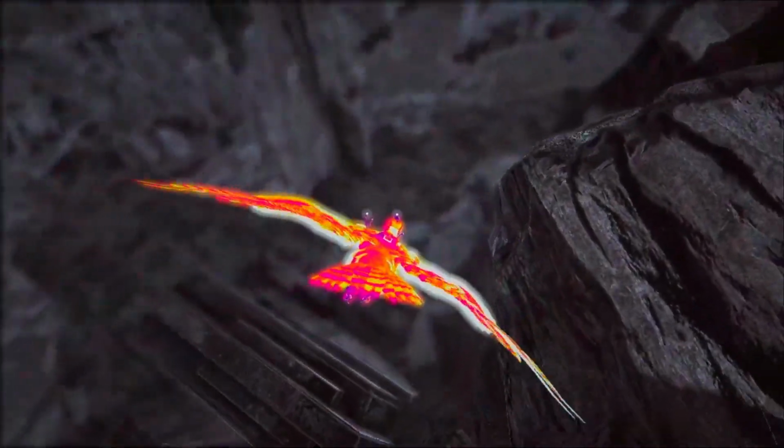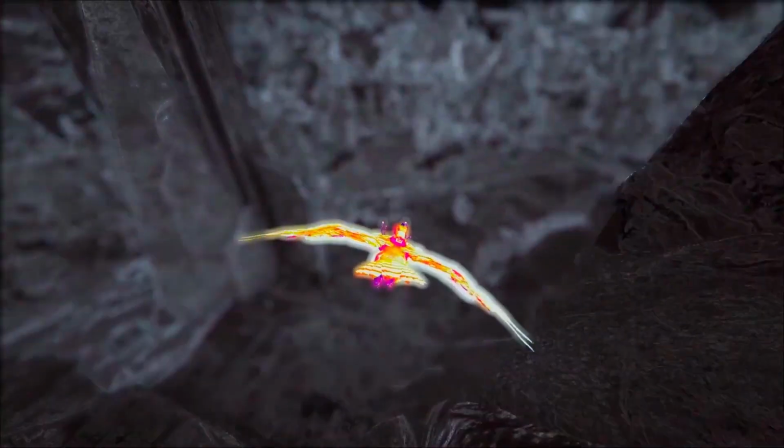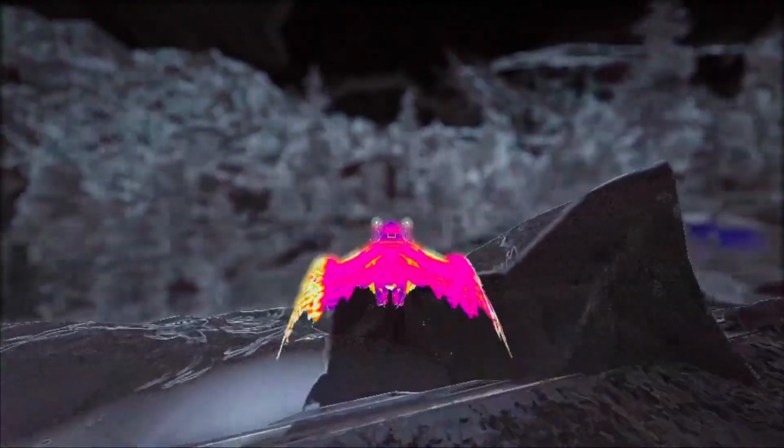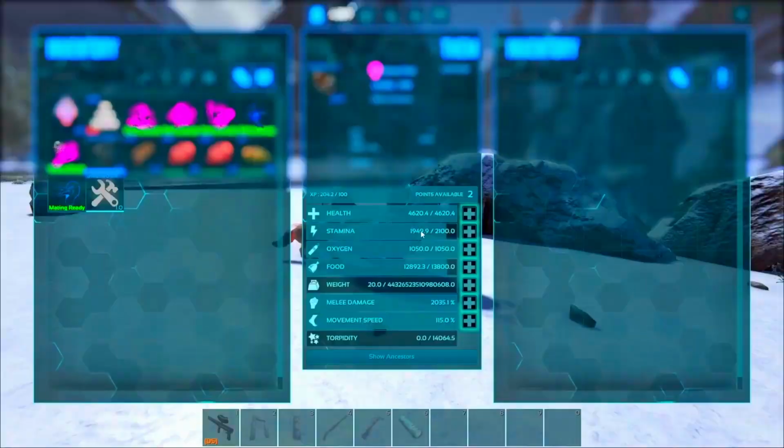Firstly, they have this kind of heat-seeking ability, where they can seek out any Ark organism that is listed across the map. This is great if you think someone is trying to raid your base, or someone has raided your base and you've simply lost them. You can just activate this and quickly find them,